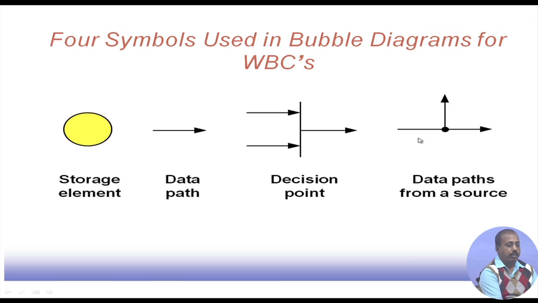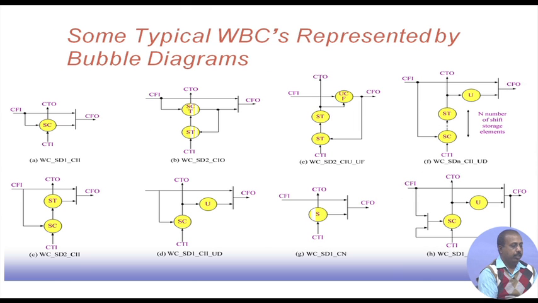Then we have data paths from a source. At this point, two data paths are emerging from this particular point. That is a source point. Whatever different types of instructions we have looked into can be modeled by means of these bubble diagrams, and they can be used for specifying the operation more clearly. Like say this one. It says that